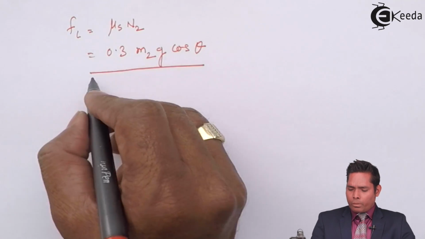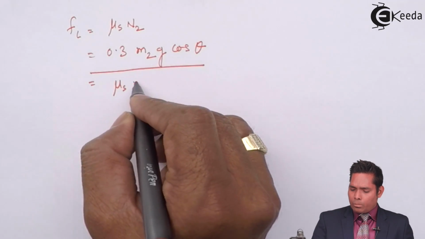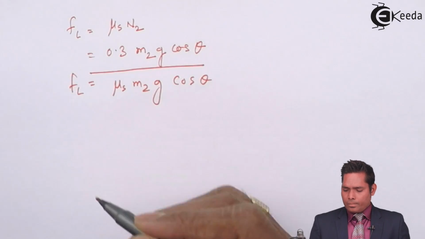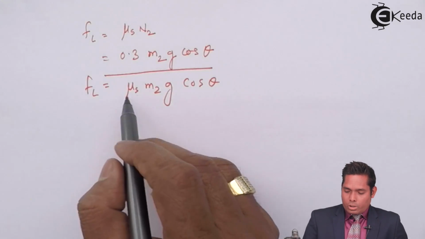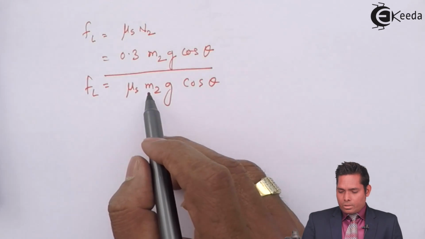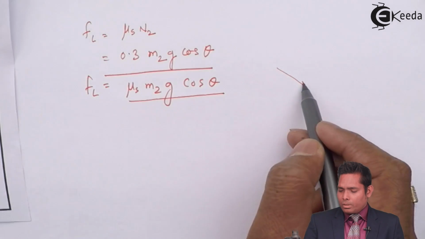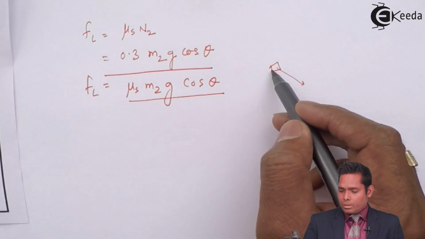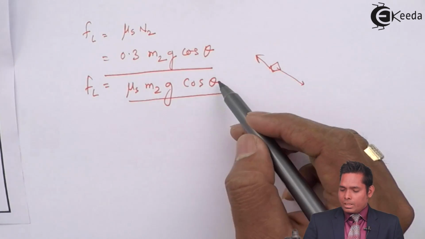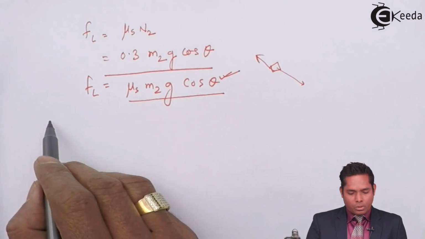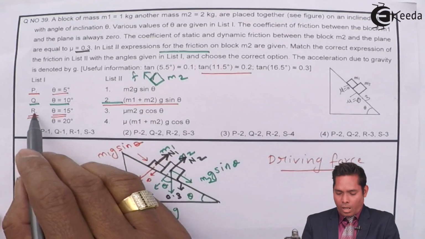If I don't put the value, then it is mu s m2 g cos of theta, that is Fl. So the limiting value we are getting is this. So therefore the friction that will act is this. Because this is slipping, in case the block is slipping, the friction that will act is obviously equal to this. So for option number R,